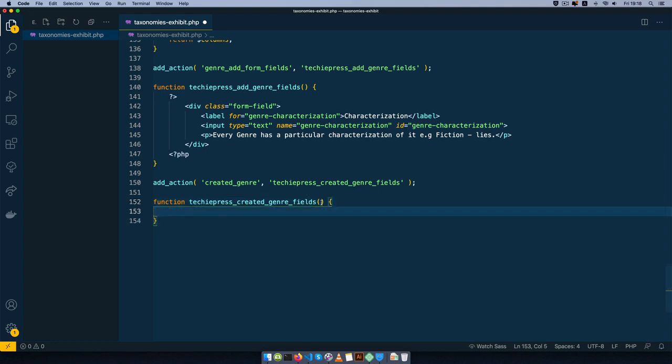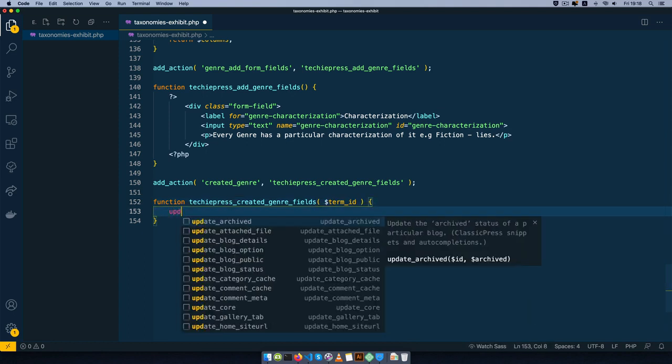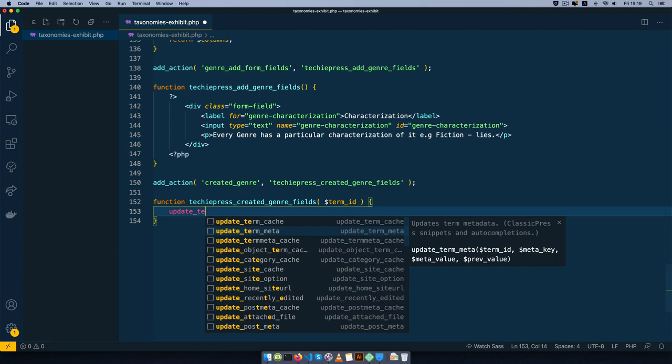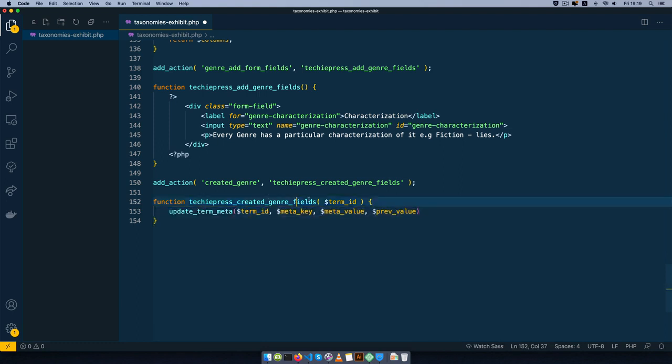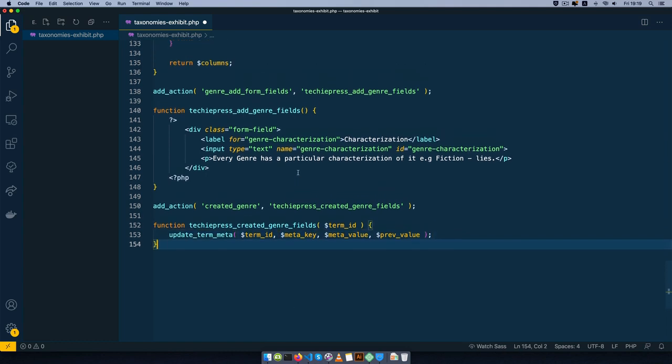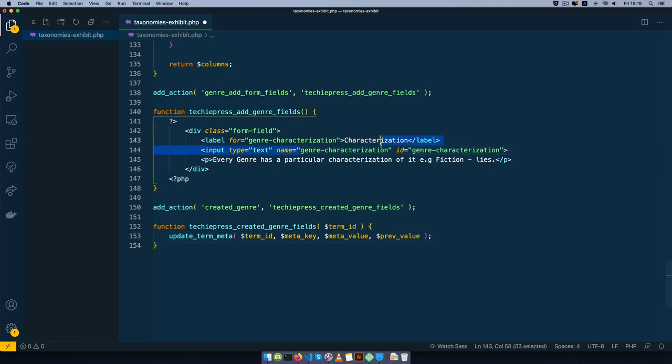This particular action hook actually gives us the term ID, so I'm going to get this and say we're going to update the term meta, and all we need to do is we need to pass in the term ID in here, which we have done so. We need to add in the meta key, the meta value, and the previous value is usually optional. So I'm just going to focus on the meta key that we want to have, and that meta key that we're going to have is this genre characterization, which I'll copy here, and I'm going to replace here as a string,